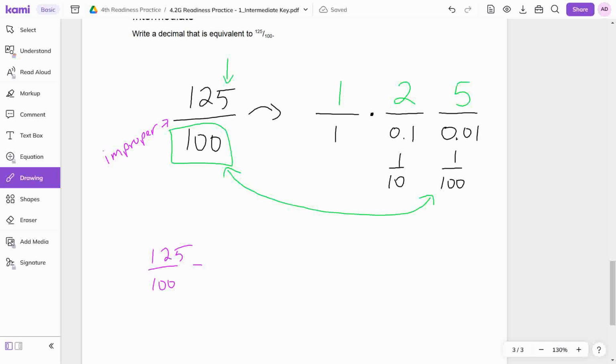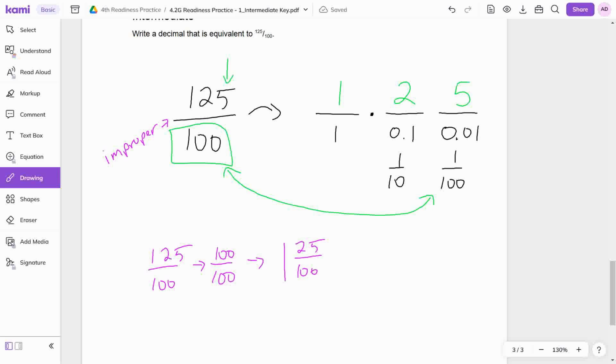Okay, so let's take this 100 out of 100 out. And I want to rewrite that as a whole. So 100 out of 100 is a whole. I want to take 100 100ths from my 125 100ths. So that's going to leave me with 25 hundredths